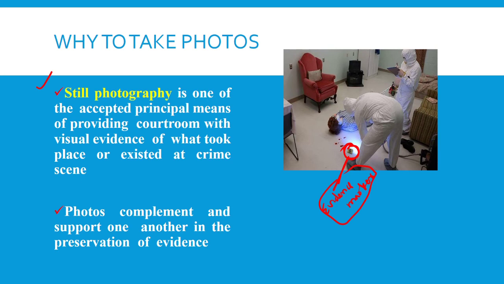So for example, this is one of the evidence. I am giving an example, this is one of the evidence. So you have to keep a board like this here, and this is evidence number 2. A board like this you have to keep here, and this is evidence number 6. So here this person kept an evidence board, number 6, here. So this is the evidence marker. And the